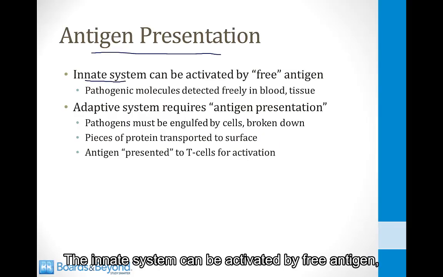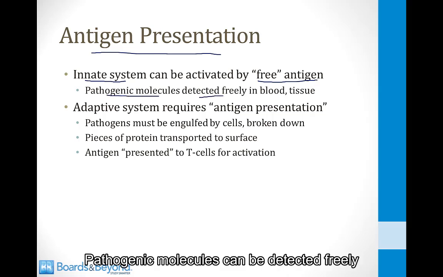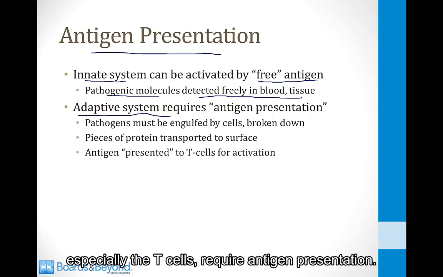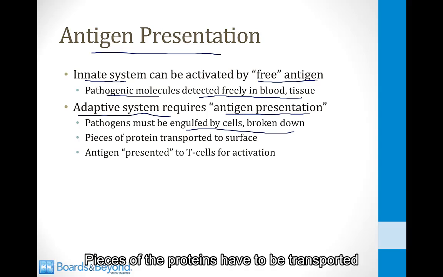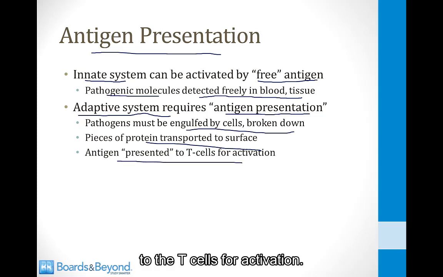The innate system can be activated by free antigen, like that bacterial cell floating out in the tissue. Pathogenic molecules can be detected freely in the blood and tissue. On the other hand, the adaptive immune system, especially the T cells, require antigen presentation. Pathogens must be engulfed by cells and broken down. Pieces of the proteins have to be transported to the surface, and the antigen has to be presented to the T cells for